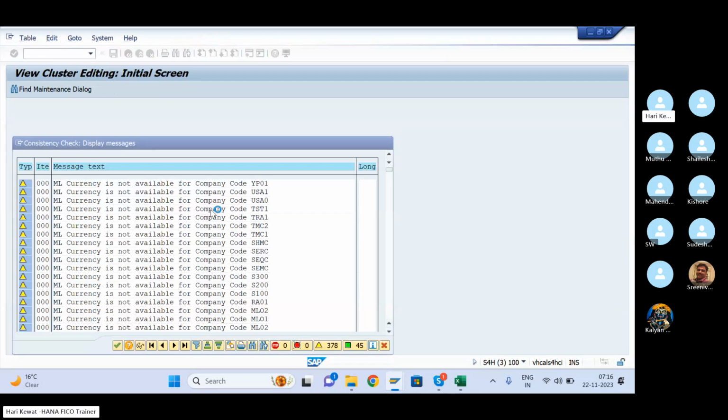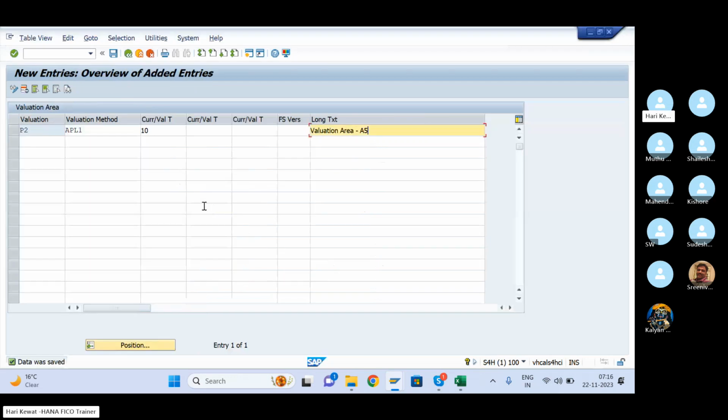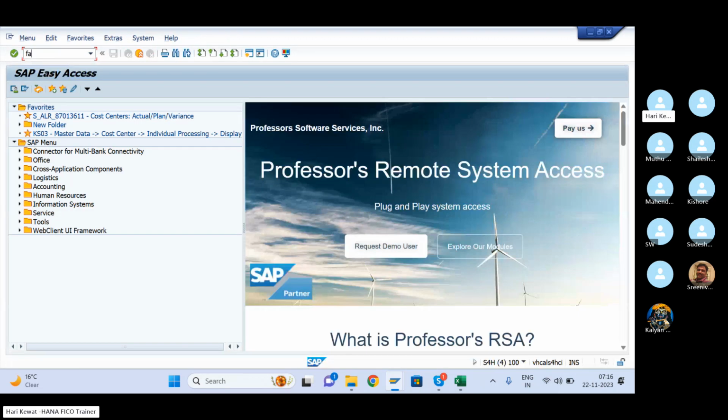So again I'm repeating here. For each ledger you have to create the valuation area, because the posting will be ledger specific. It is not that if you run the revaluation it will hit all the ledger postings. No, the posting is ledger specific, because when you do the revaluation here,